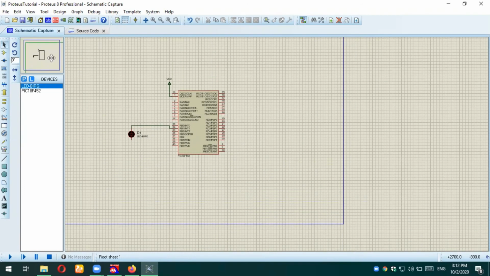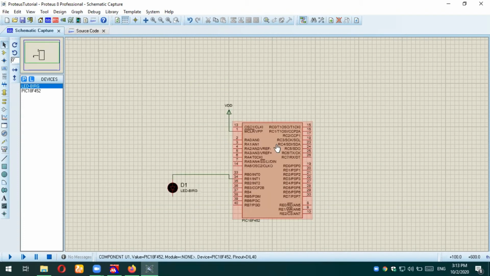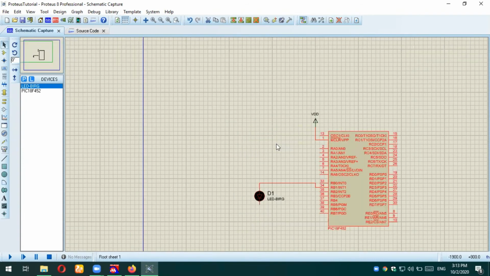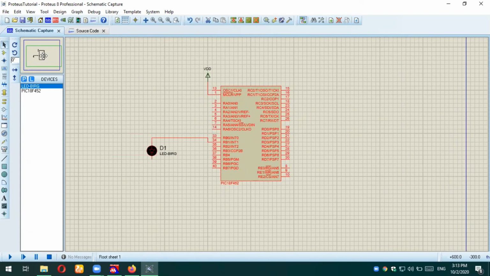Okay, and now I will choose it here. Yes, and now I'm adjusting the position, zooming out or zooming in, so you can actually visualize it properly. Okay, I think that's okay.